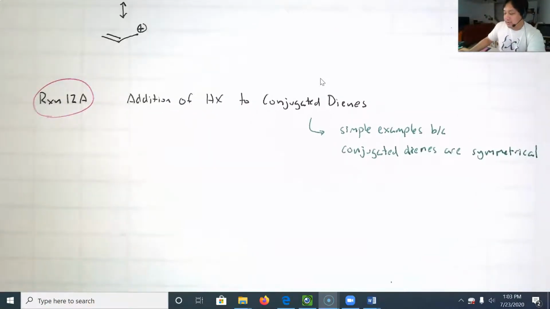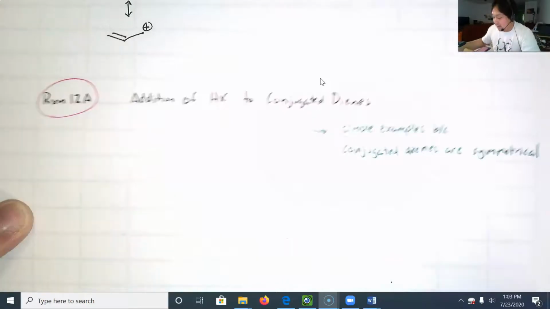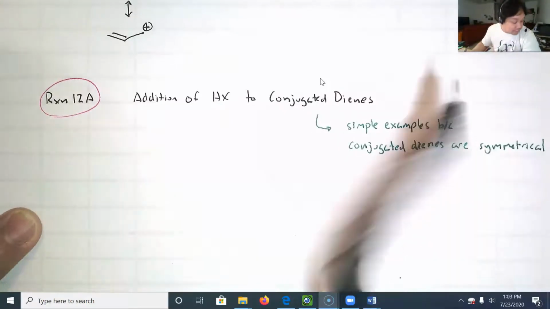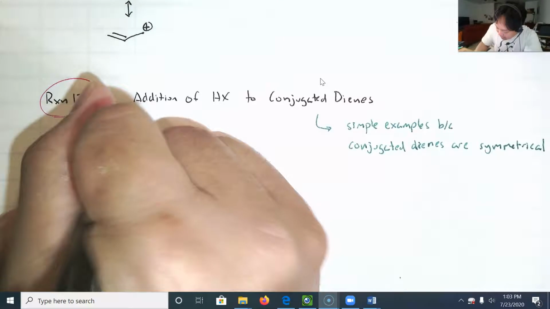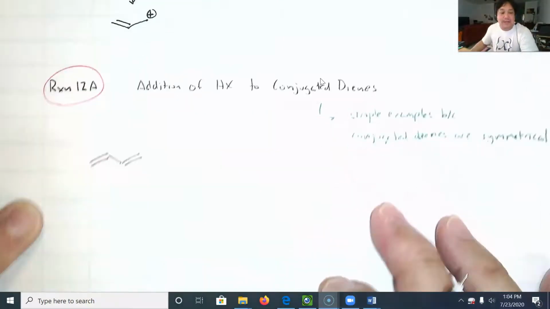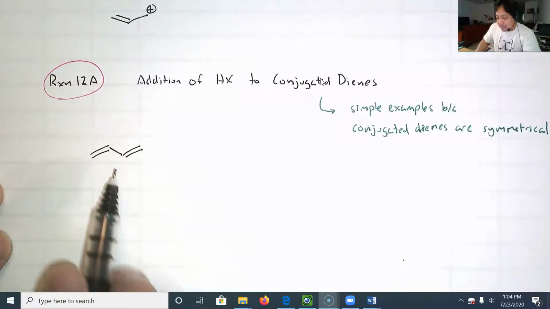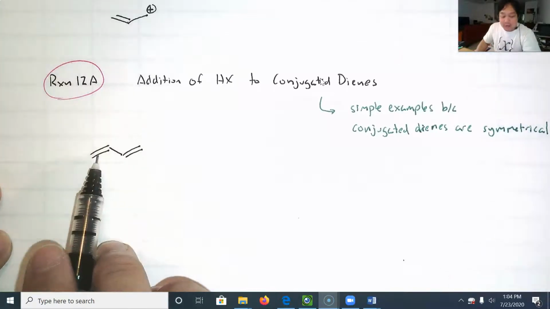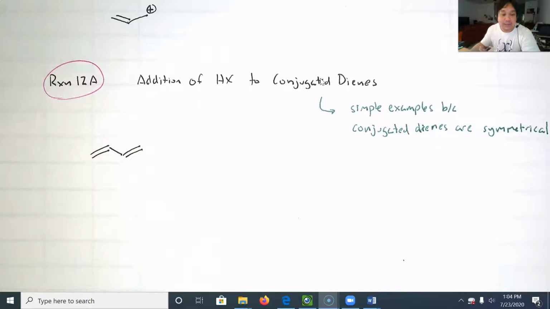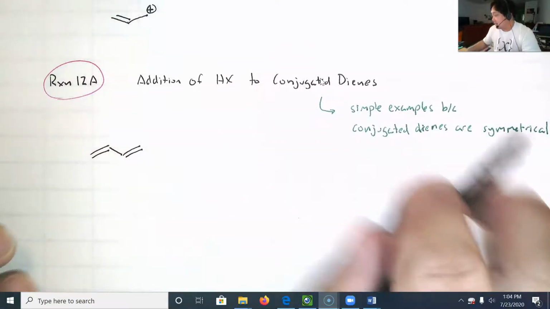Don't worry, I'll show you examples where they're not symmetrical. But let's take a look at our first reaction. Okay, that is symmetrical because it doesn't matter whether I react due to the reaction on double bond A or double bond B, I would get the same products. The other way you could think about this is,